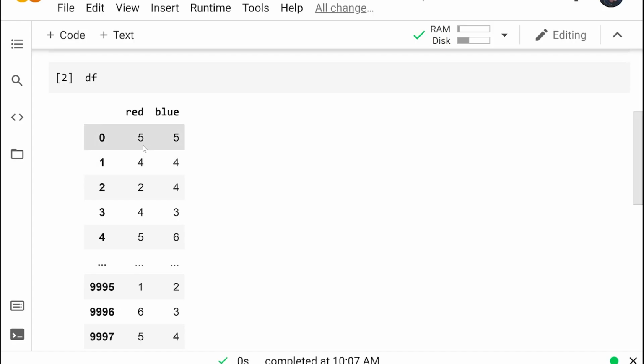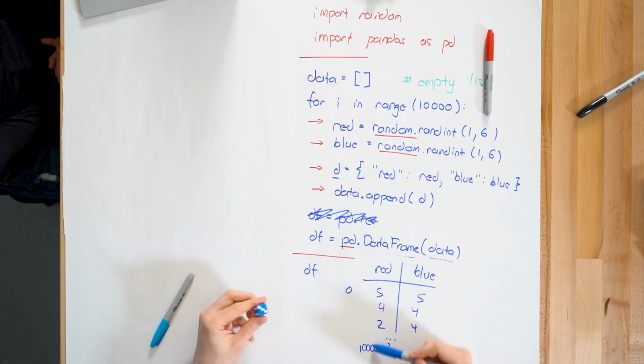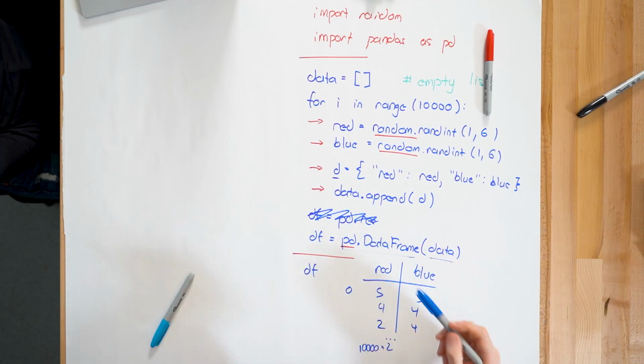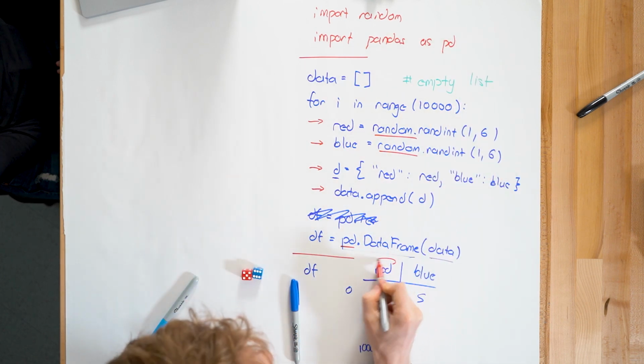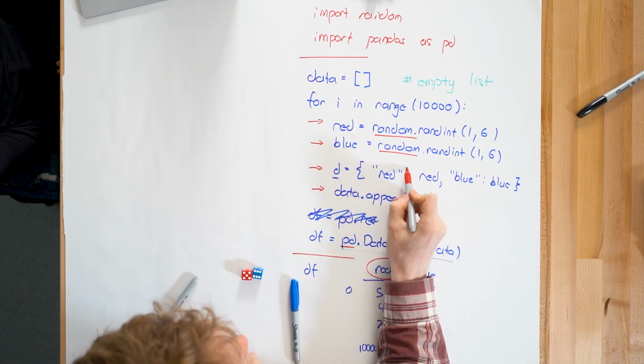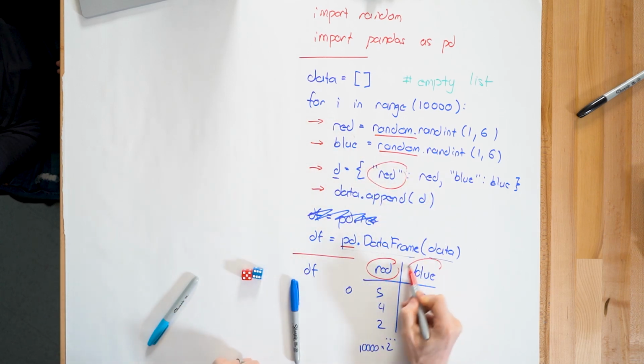Awesome. And what's a couple of rows of data of red and blue? Let's see. So the first one I got 5, 5, 4, 4, strange, 2, 4, 4, 3, and 5, 6. So what we have is basic simulations of these dice rolls. We have 10,000 rolls of these dice, completely randomly between red and blue. And you'll see that this red variable came from the fact that we collected the red data in red. The blue variable came from the blue variable here.